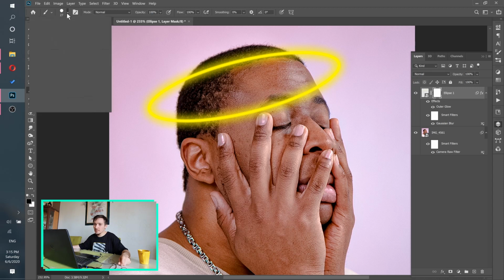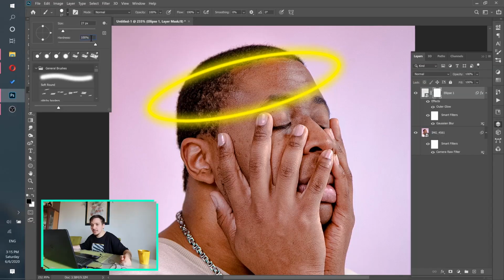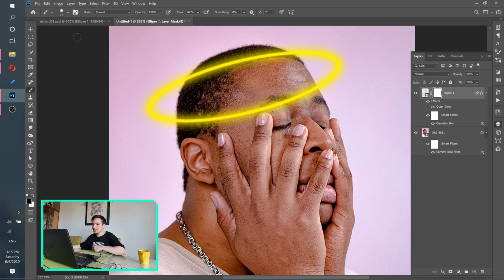Make sure mode is normal. So in general, whenever you do something, just look at my screen and make sure you have everything set just like I do, okay? Hardness must be, actually we can make it 60% approximately. Now if I just start drawing here, make sure you draw on the mask, not the image but on the mask. And now if I just draw,